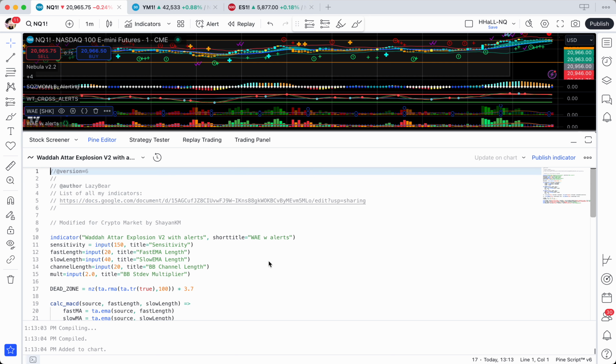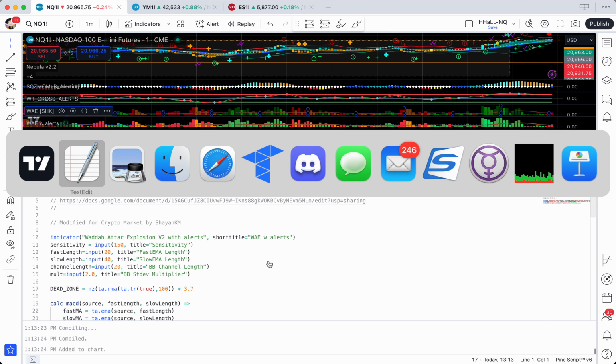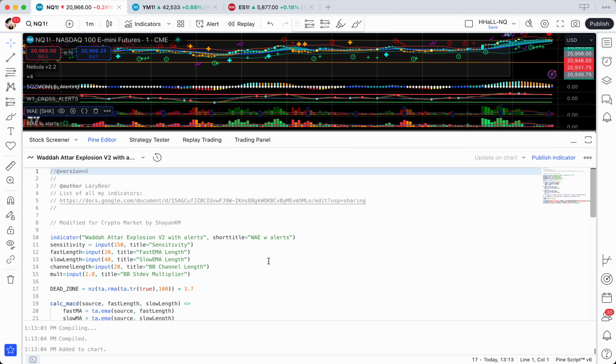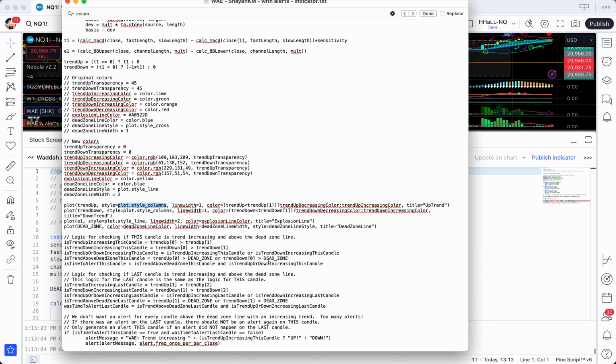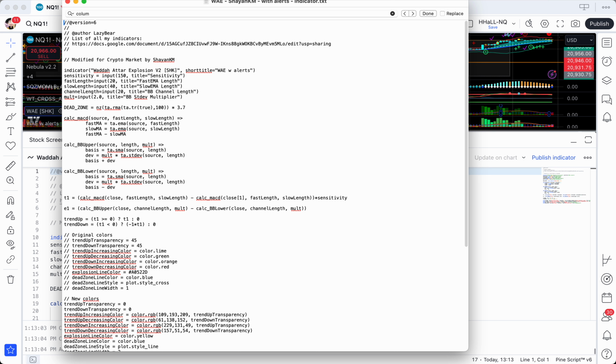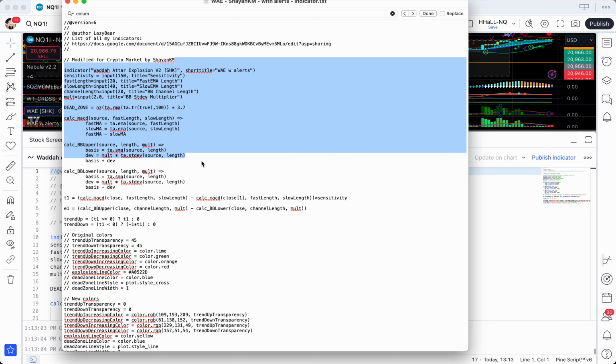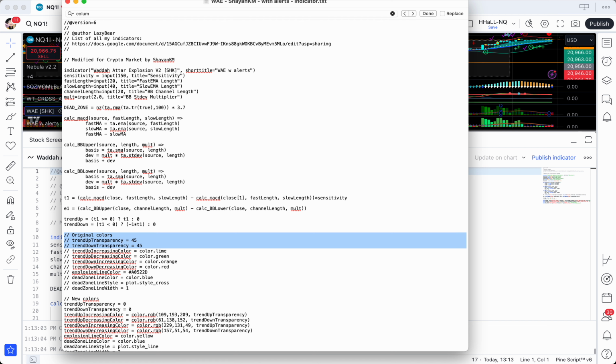Okay, so now let's make our changes. So instead of me just typing it, which is very slow, and you watching me be slow, I'm just going to copy things from the code file that you're going to be able to download from my Google Drive. All of this stuff at the beginning, we're going to leave the same. And it's only after we define this trend up, trend down, the original, we're going to make changes to the